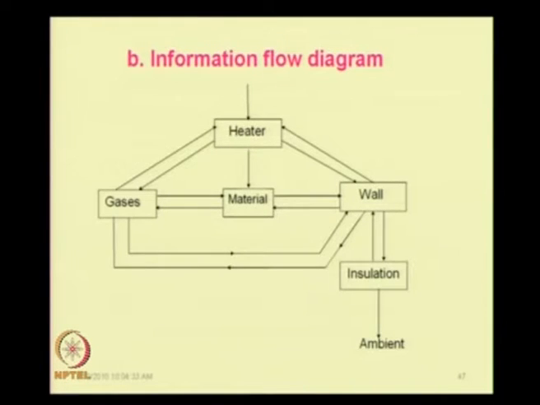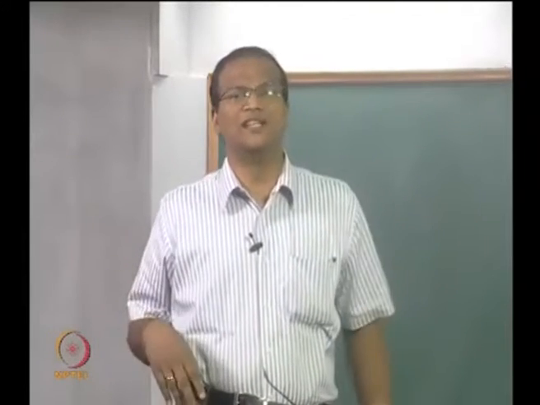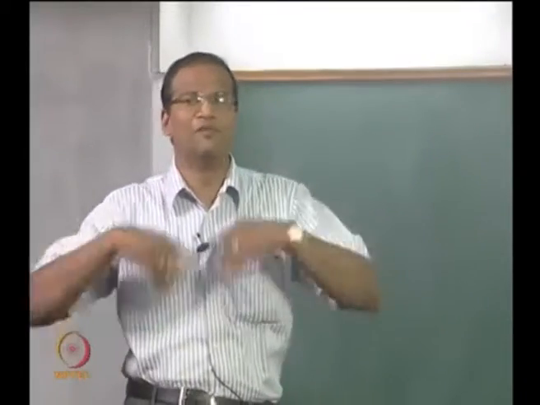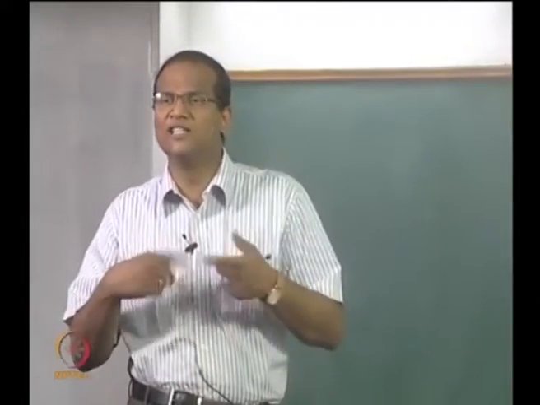I hope you have got the solution. Okay, so this is the solution to the problem. We have to put everything in the form of blocks. So you have got the material, the heater, gases, wall, insulation, and the ambient. Radiation does not necessarily flow from a body at high temperature to a body at low temperature. Any body which is at a temperature greater than 0 Kelvin will have radiative transfer, so there will always be a dynamic equilibrium. So whenever radiation is there, you have to have a two-way arrow.